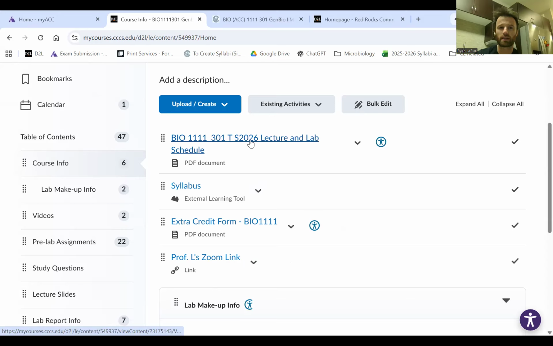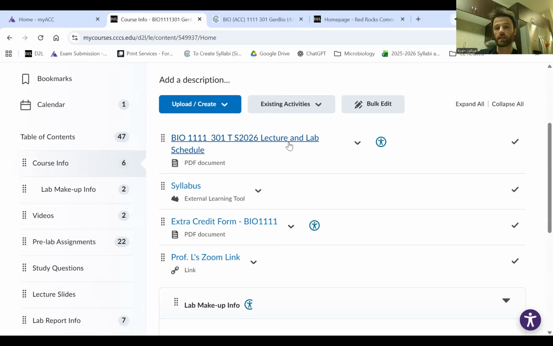Start here with the lecture and lab schedule. This is your golden document. You're going to want to print it out, bookmark it. Trust me, it'll be a very important document to have readily accessible.